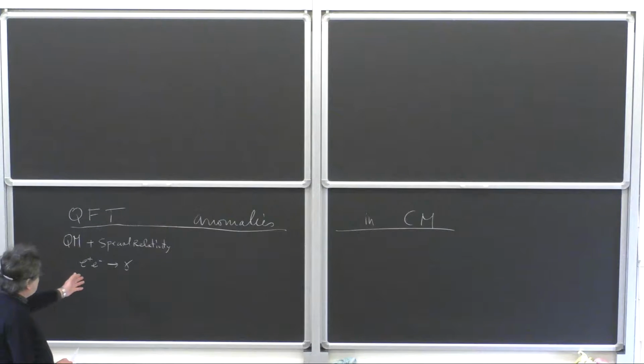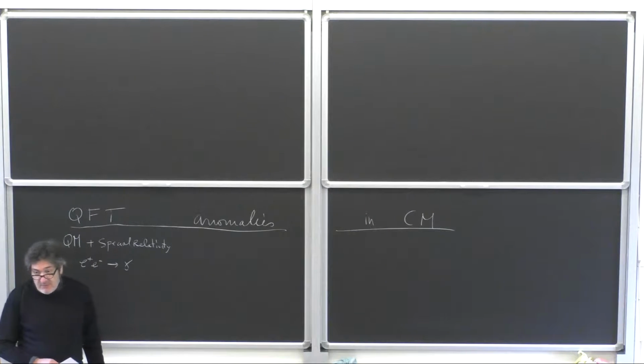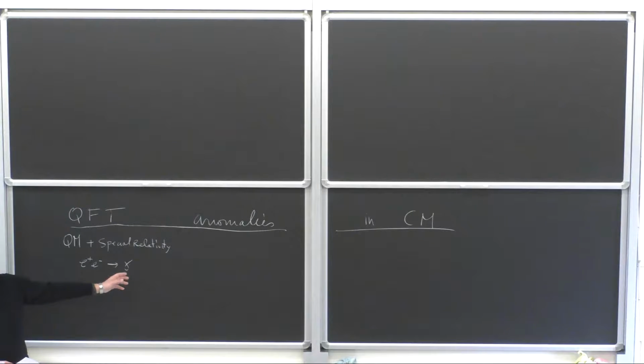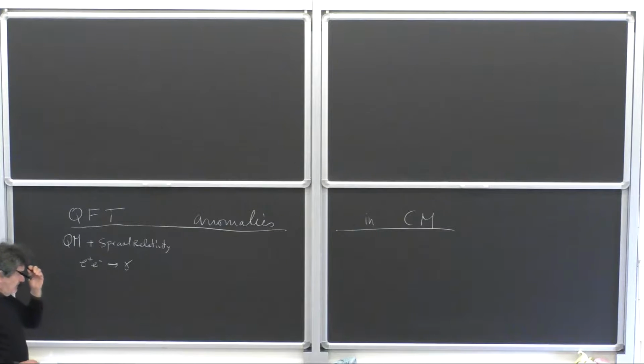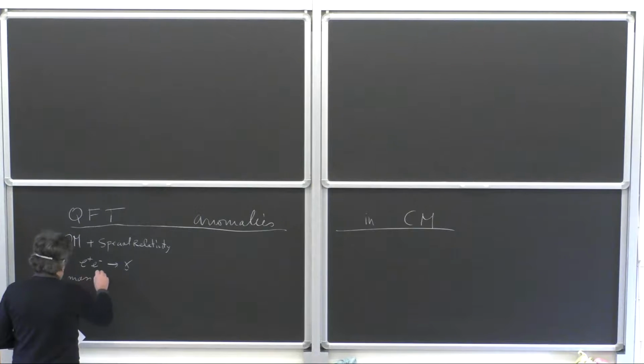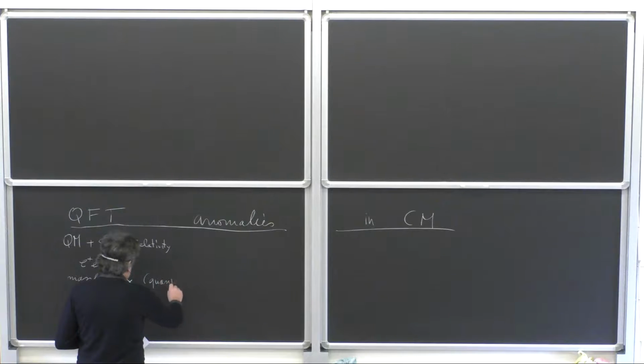Well, what is important? It's important when this process can take place at low energy, when the mass of the excitation is small. Because this energy has to do with the mass, and the mass of the particle should be small. So if the mass of the particle or quasi-particle is small, or possibly zero, then this process can take place also at very low energies, like 1 Kelvin. You don't need to go to high energy physics. So in condensed matter it is important for massless excitations, or quasi-particles.